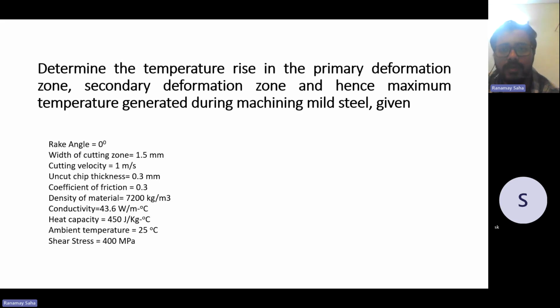Then you can just sum up the temperatures in the primary zone, the secondary zone, and the ambient temperature to finally arrive at the total temperature in the current machining process. So now,